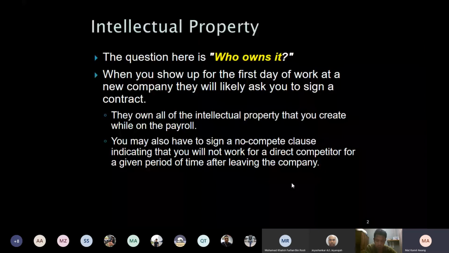If you work for a company, let's say, and your boss asks you to come up with a certain design, and it is your idea. It comes from your mind, from your intellect, from your training in the university. So you think that it is yours, right? Because you are the one who's doing it. Your boss just asked you to do it, right? But is it really yours? So who owns it?